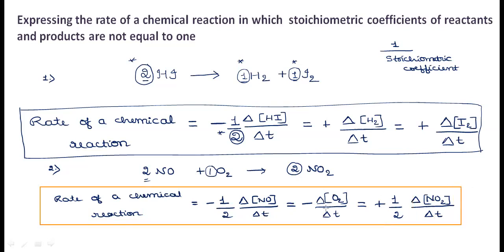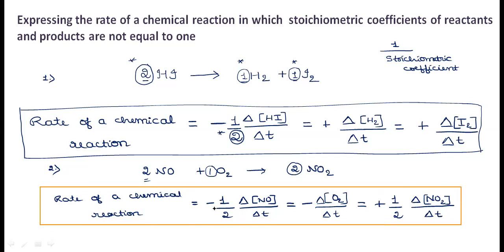So this is how we are able to represent the rate of a chemical reaction with respect to all the species. Hope this is clear. Now we'll move on to the next concept. Like this, you try to practice by taking any given equation and how to give its rate definition in expression form by relating all the species. So you can relate all together.